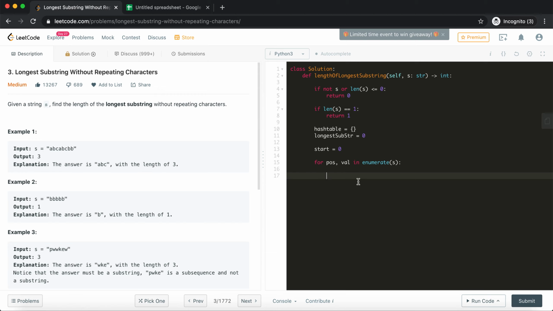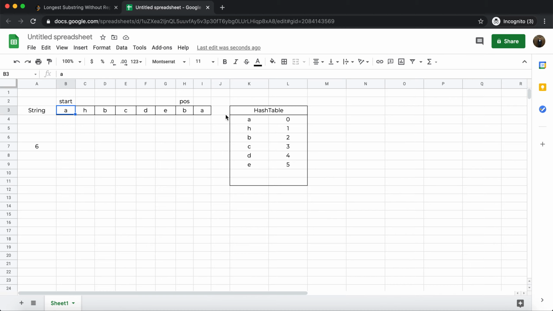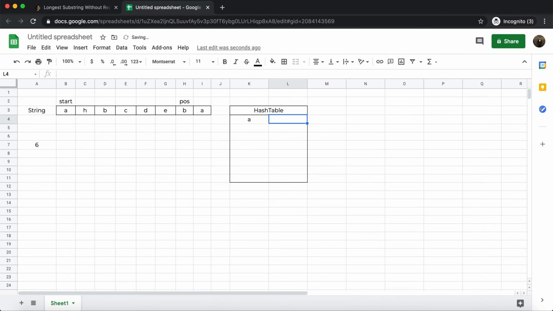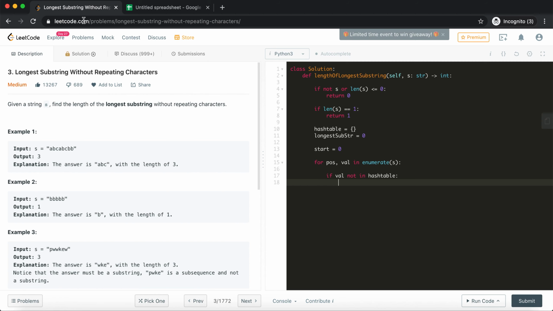I need to check if the value, the character of the string that I'm currently at, is not in the hash table. Let's say I'm traversing from A and my hash table is empty at the moment. If A is not in the hash table, then I need to add A to the hash table with its position and then continue to the next element.